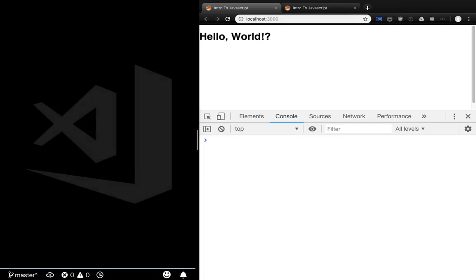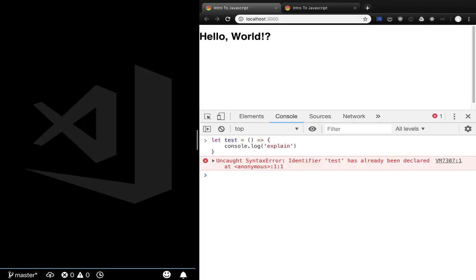I got a quick question. Yes. Why are you using equals and greater than rather than just equals when I'm declaring the functions? Good question. So let's make a new function called test here. So this